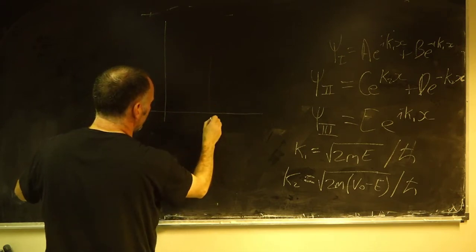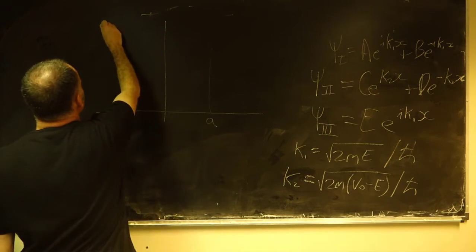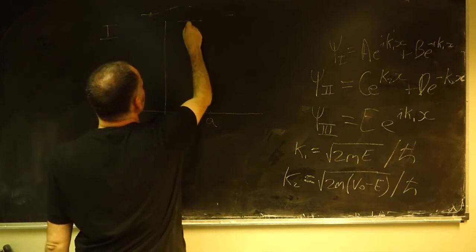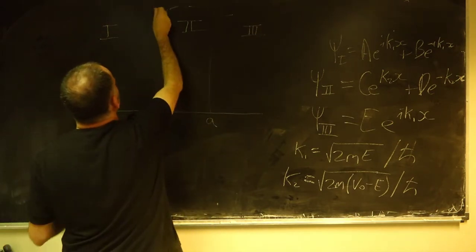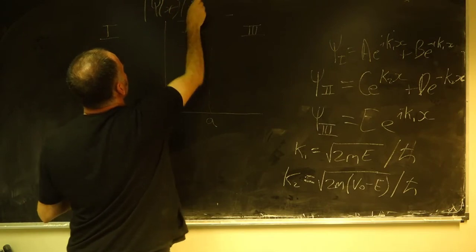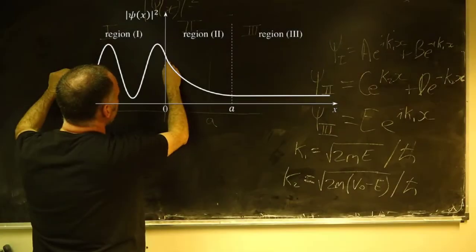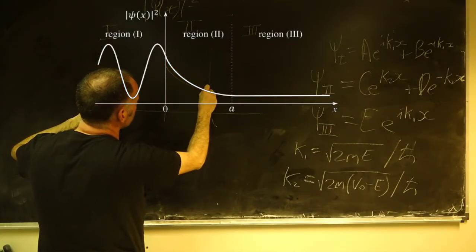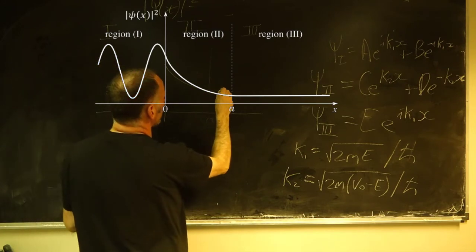So let's call that A. So we've got our region here. This is region 1. This is region 2. This is region 3. And what we're looking at here is the probability density. As we had before, first of all, we've got an exponentially decaying term in here, and we've got some